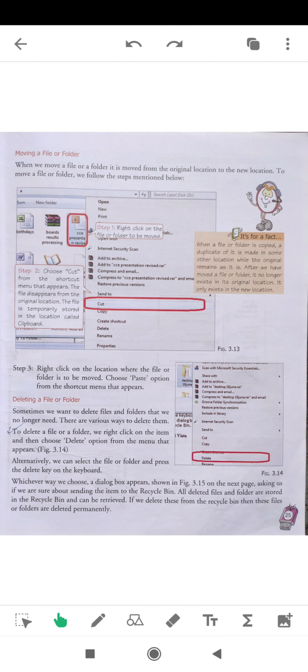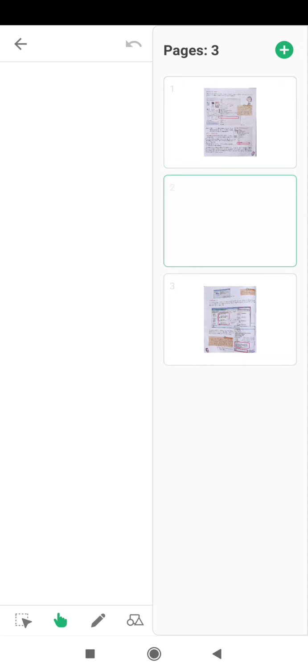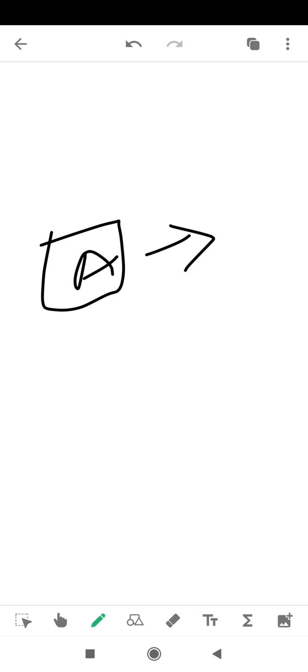So, from one place to another, I am explaining it here. Suppose this is your folder A and it is in drive C, the C drive of your computer.